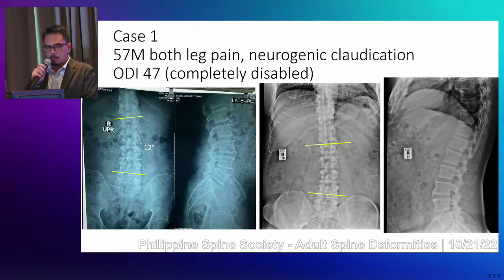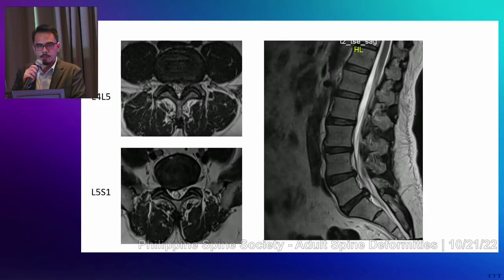So for the first case, we have a 57-year-old male presenting with bilateral leg pain and neurogenic claudication. At pre-op, the VAS score is 9/10 with an ODI of 47. On radiograph, the patient presented with a 12-degree Cobb's angle on the lumbar spine and no radiographic evidence of instability. On MRI, we can see a spinal stenosis and combined spinal and lateral recess stenosis at L4, L5, and on L5S1, lateral recess stenosis with a right-sided